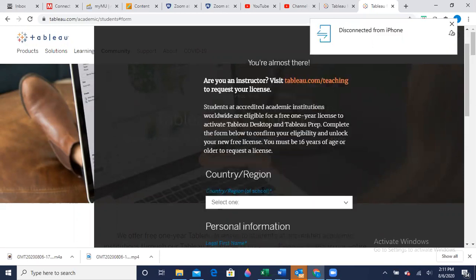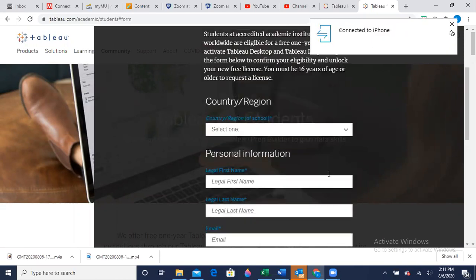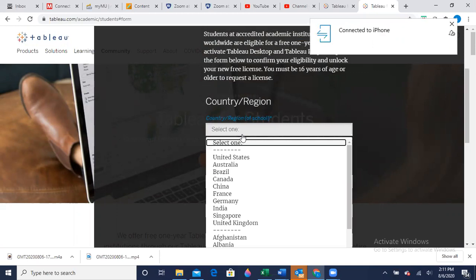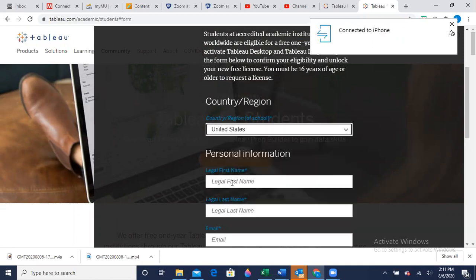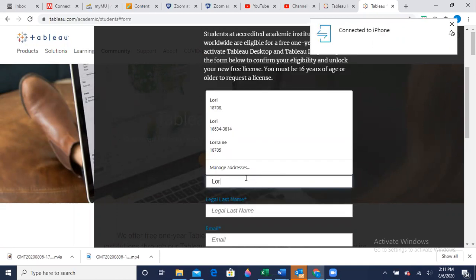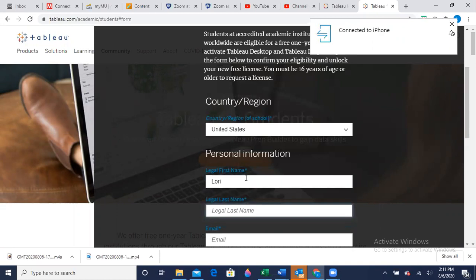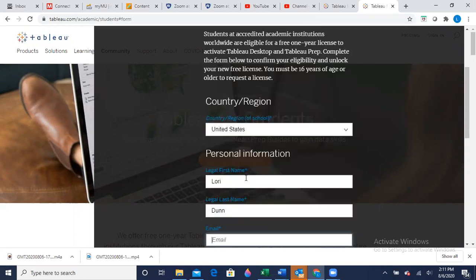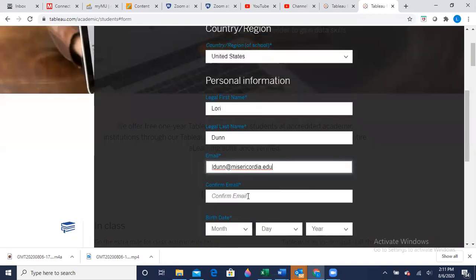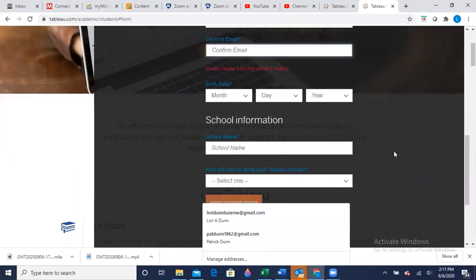Now, what's important here is that you fill out this information, give them your country, of course, the United States, your legal name, Lori, done, your university email address, not your personal, your university, because they want to make sure you're a student. They're not going to give you a license, and then you're going to confirm it.